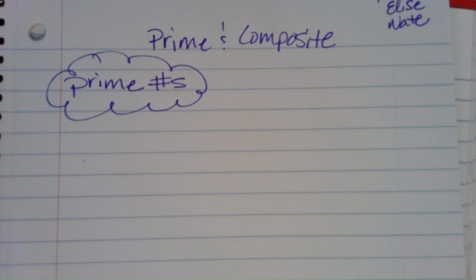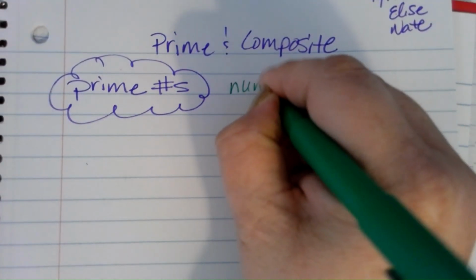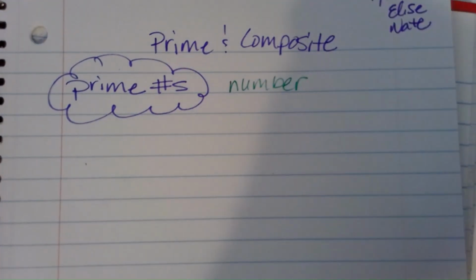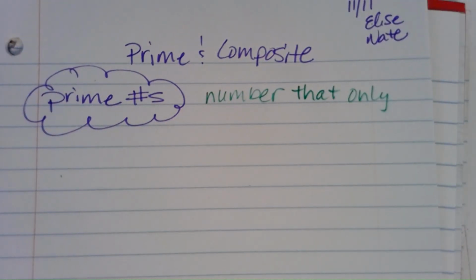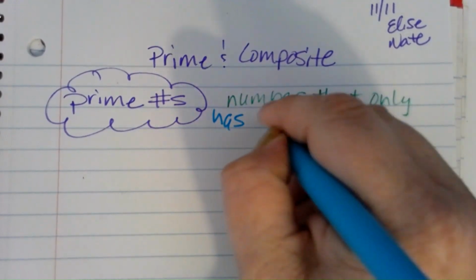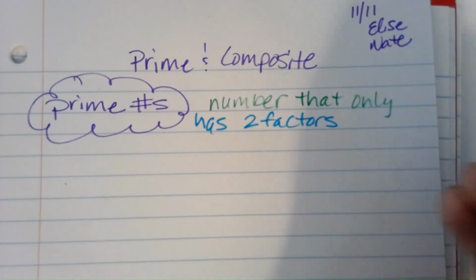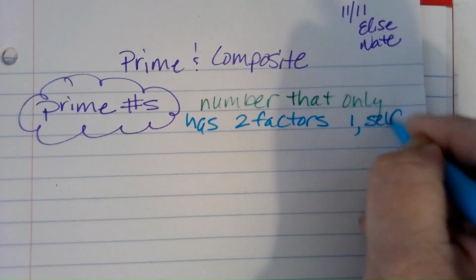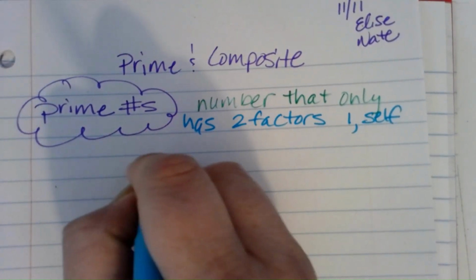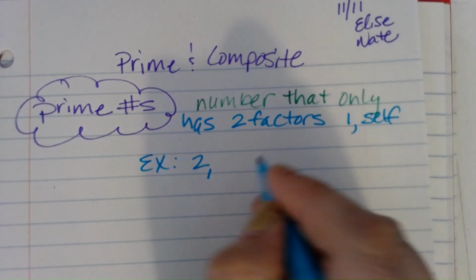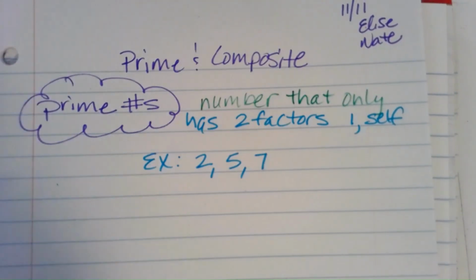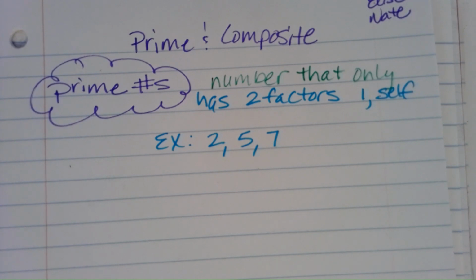All right. So, a prime number is a number that only has two factors. Oh yeah, I did it backwards. Only has two factors, one and itself. Okay? So let me give you an example. An example of that would be 2, 5, 7. Okay? So when we start walking through these numbers and I think, okay, what can I multiply that would